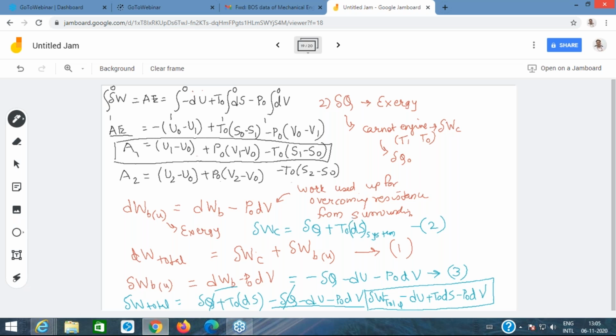And then you can figure out that if you want to find the change in availability during some process 1 to 2, then that expression would be A1 minus A2. If you write it as A1 minus A2, it becomes (U1 minus U2) plus P0 (V1 minus V2) minus T0 (S1 minus S2). So this is just rearranging the things. What we get from this expression written in the bracket, it tells you the availability